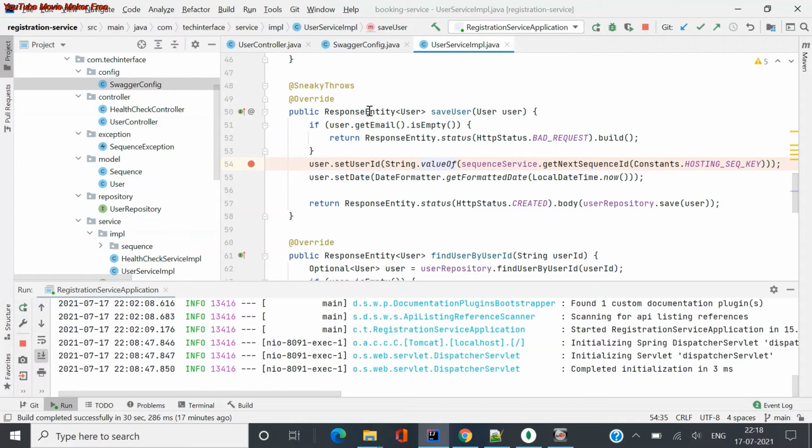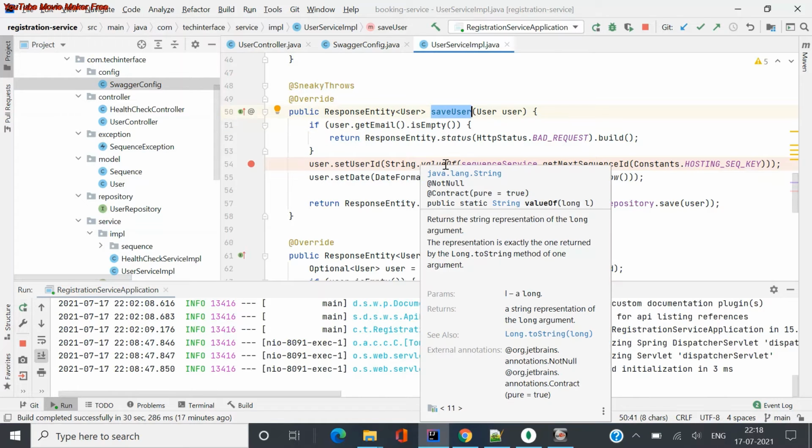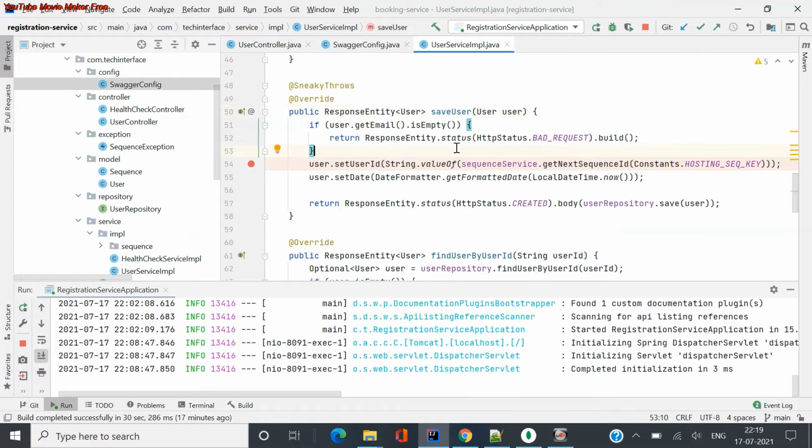And if you see, for example, I'm just saving a user, it's a save user I have given, so always try to give meaningful method names so that everybody can understand what the method does. It's just normal plain English you can use. So I'm passing a user, and the email is mandatory. So when I say email is mandatory, I check for email. If email is not there, then I send it back as a bad request.